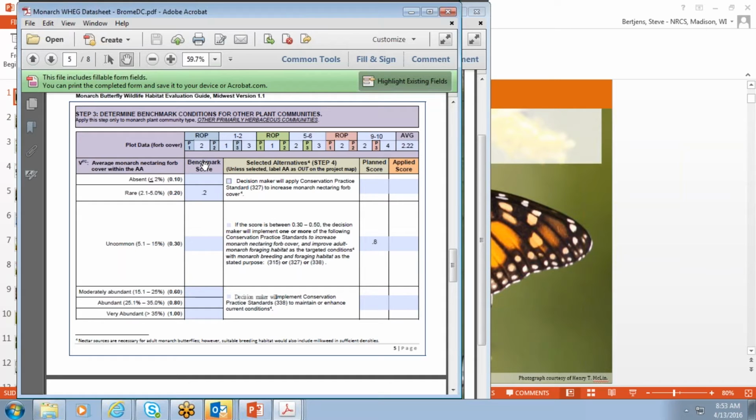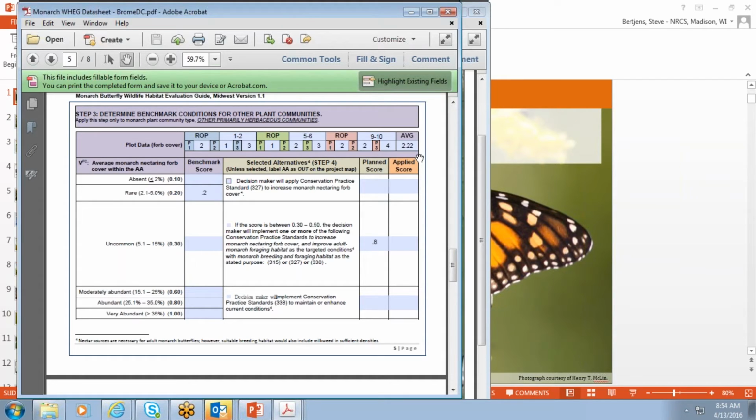So what I found for numbers was anywhere from 3% to as low as 1%,